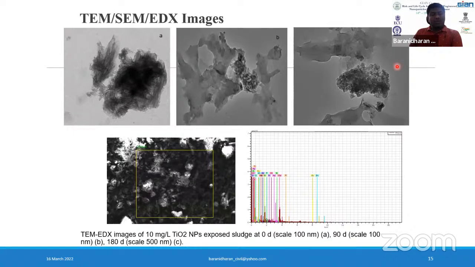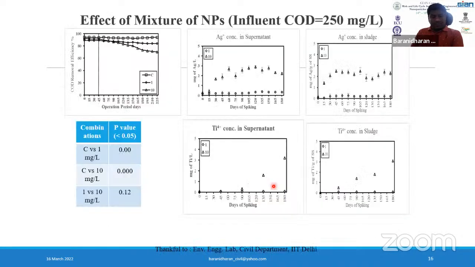as well as SEM, it was found out that these nanoparticles started getting aggregated over the period of time. So this was nothing but a 90-day period and then 180-day period. How do they look is one such thing under the TEM, and then EDX was also analyzed, and then the confirmation of, though there are different constituents that are present in the sludge, titanium was found to be the dominant in sludge when analyzed.